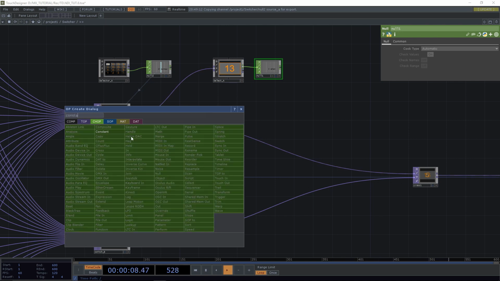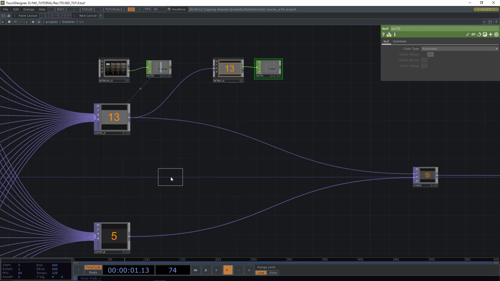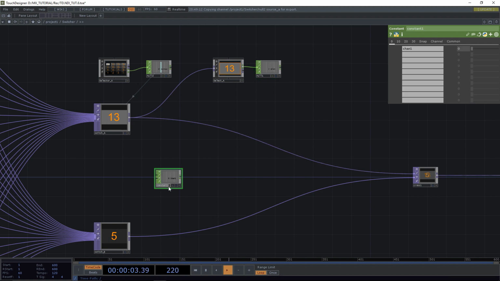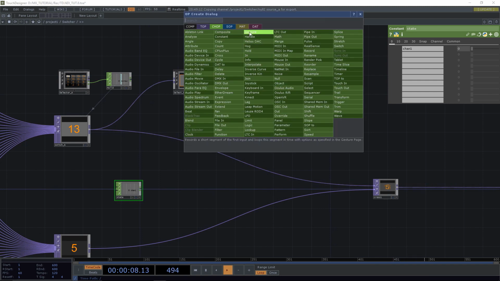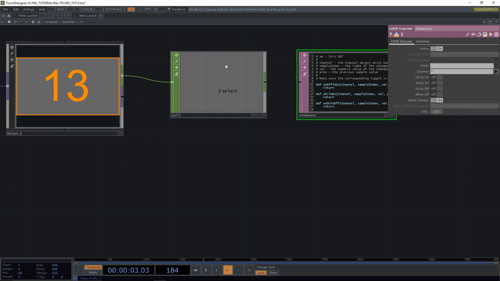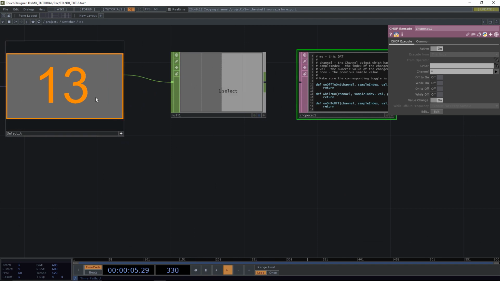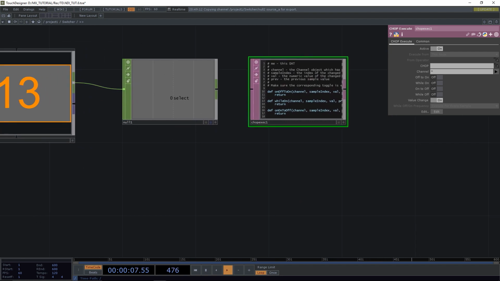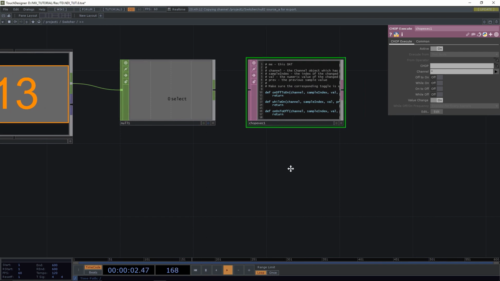So we're going to lay down a constant. We're going to call that state. And then we're going to add a job execute that is monitoring what's coming out of this. So is this selected or not? And whenever it is selected,